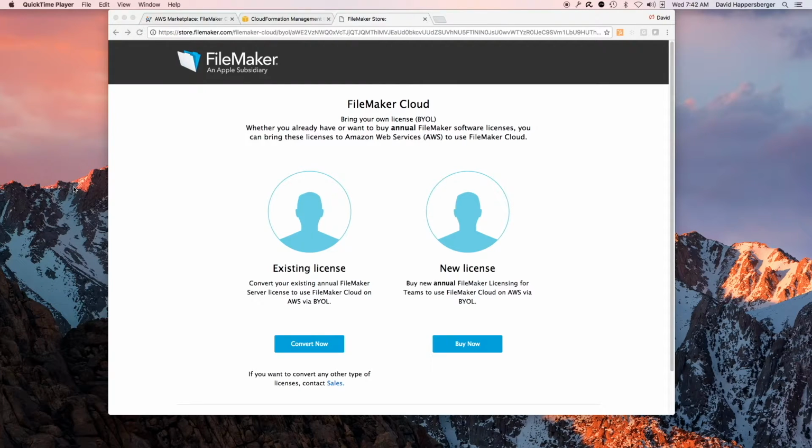First, an email will be sent to you, and you will need to click on the link that is provided in that email, which brings you to this page. You will see that there are 2 routes that you're able to go from here. The first being to purchase new license, which is similar to what we are about to embark on. Of course, you'll actually have to have a few extra steps to purchase those licenses. But for the sake of this demo, we already have a license key, so we will go to existing license.